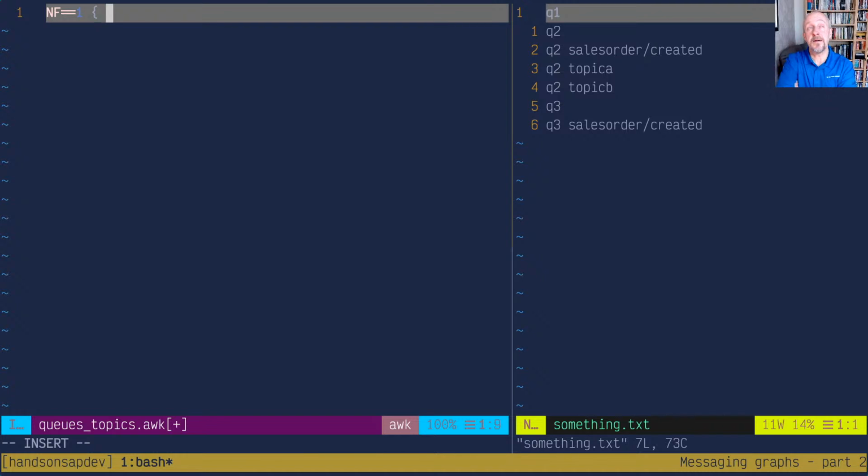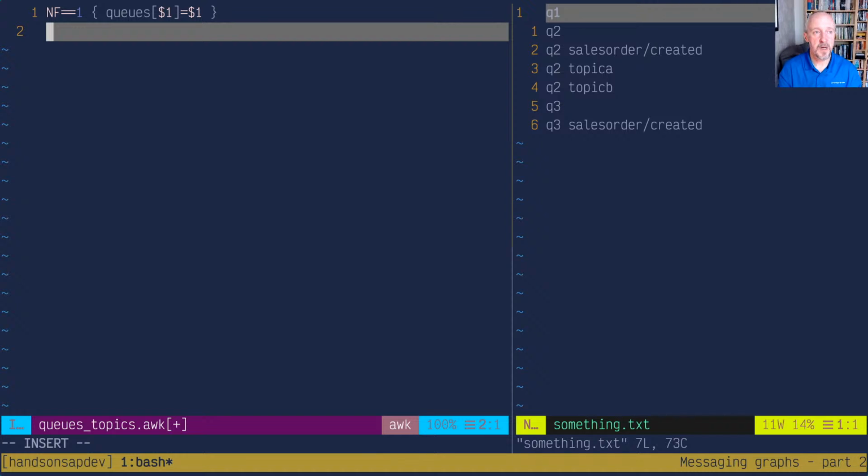Now in here, what we want to start doing is gathering the list of queues, right? So why don't we say, and we can have arrays here, so we can say queues 1 equals, well actually let's assign it to 1, right? If the number of fields is 2, as in if it's one of these lines here,